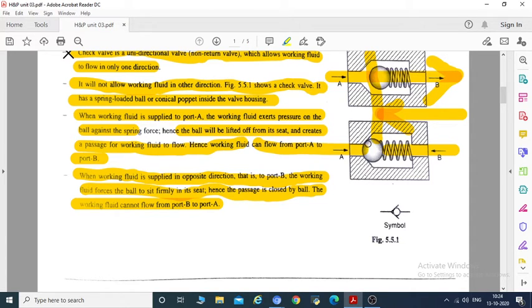It forces the ball to sit on the seat, and the restriction of this passage means the ball will not allow the fluid to flow from port B to port A.